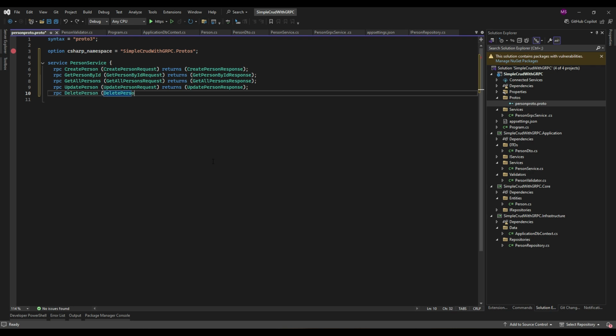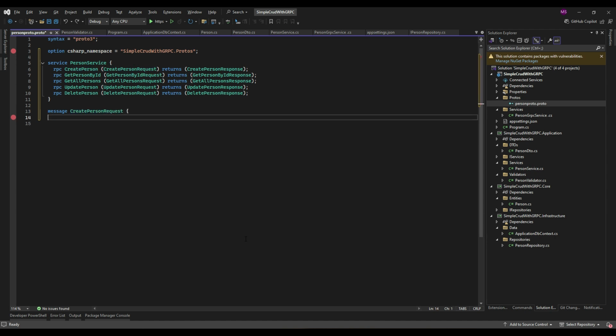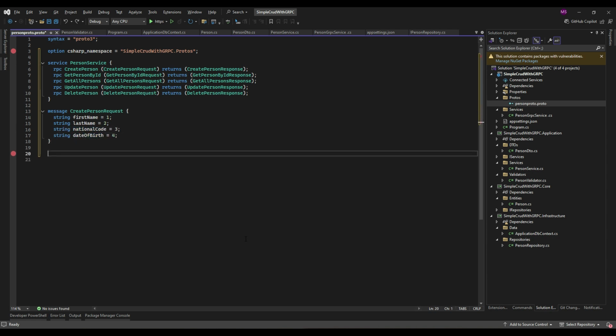Each method uses request and response messages. Let's define those. Okay, CreatePersonRequest. This message contains the details needed to create a person, such as first name, last name, national code, and date of birth. All fields are of type string. Second is CreatePersonResponse.